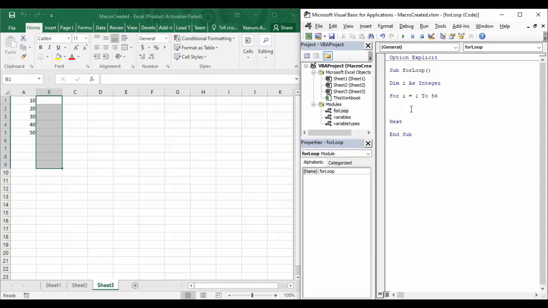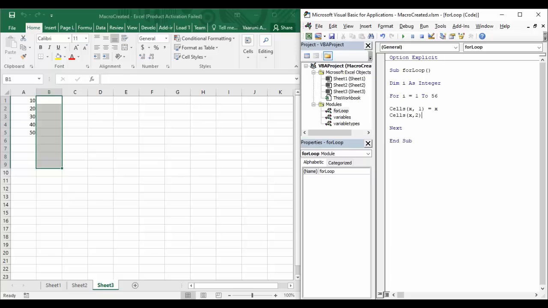For that purpose, what I'm going to do is simply use Cells(x, 1). The row index is x, which is going to change, and the column index is 1. Here I'm going to display the value of x, that is the color coding value or the color index value, and then in Cells(x, 2), that is the second column, that is the B column, I'm going to change its color.